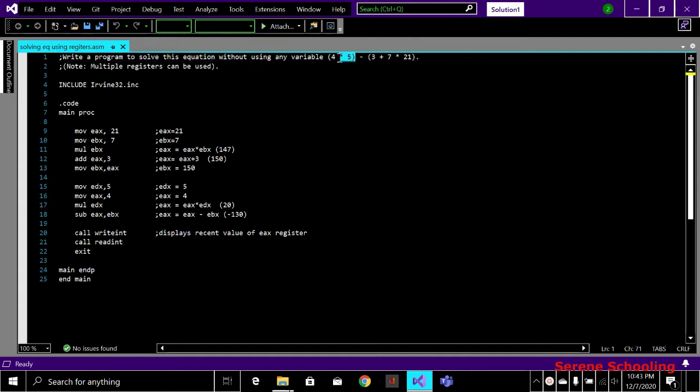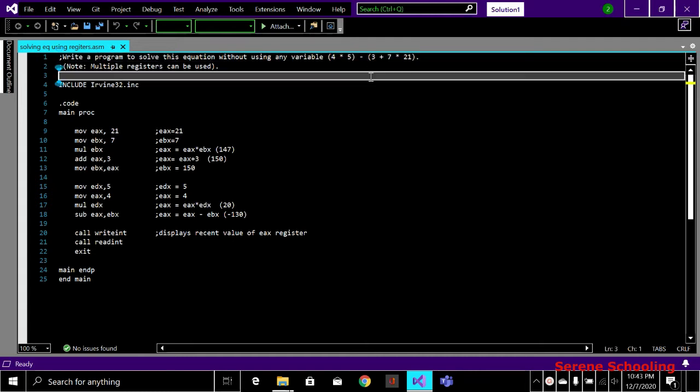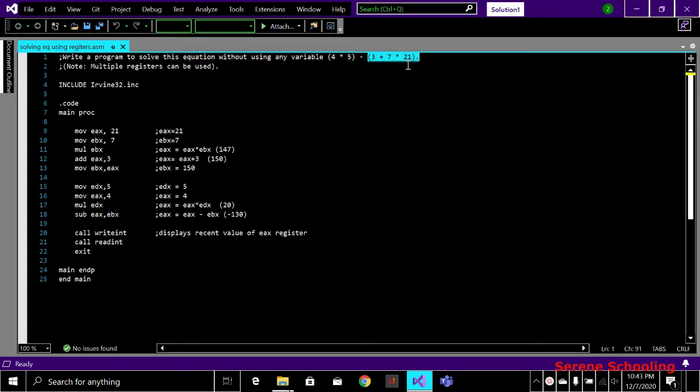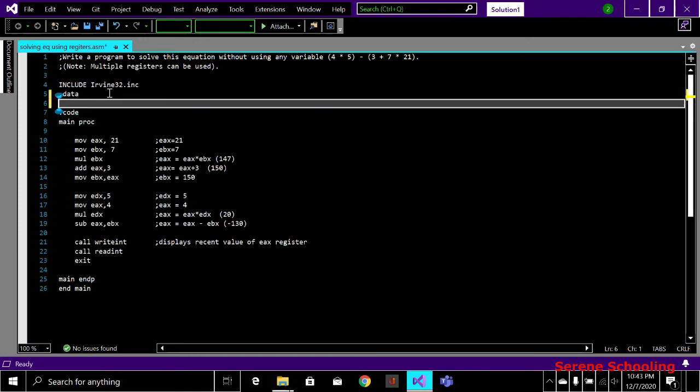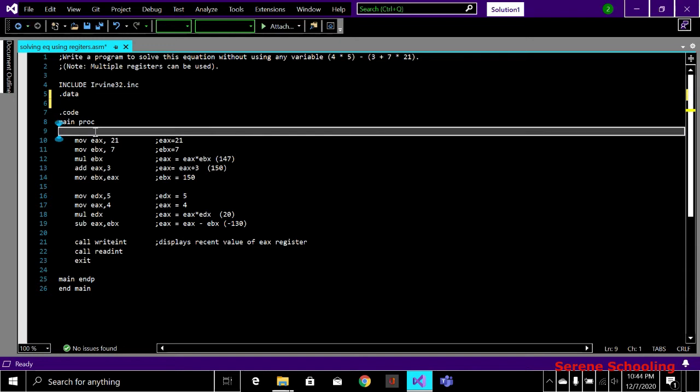That is, firstly this part will be solved, then we have to solve this part, and inside this part we have to solve this first, and this will be added with 3, and these two operands will then be subtracted. Because we don't need any variable, the data part is empty, but you have to write it like this. This part will stay empty.